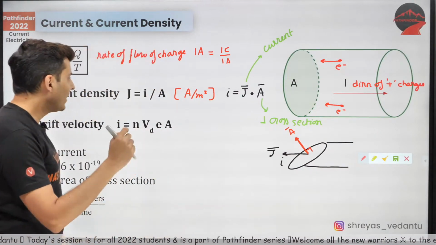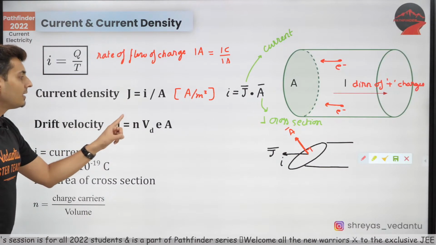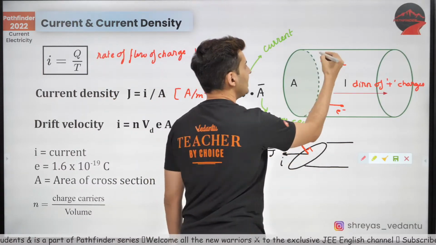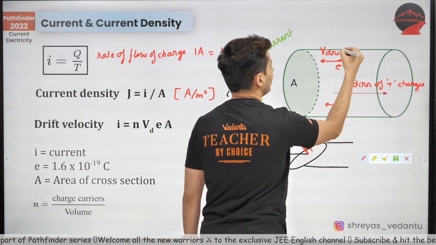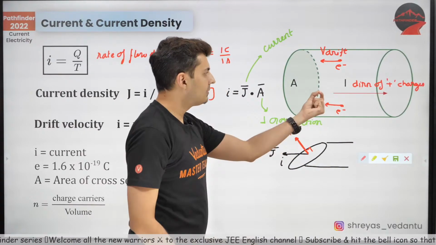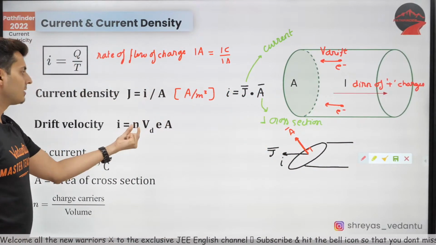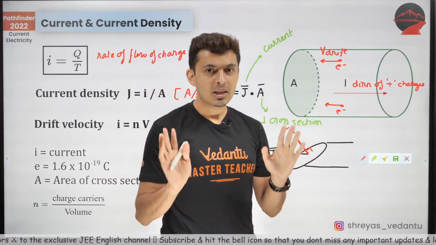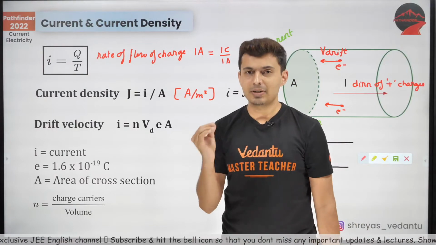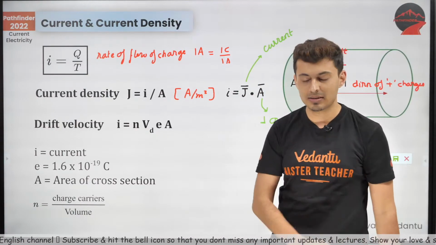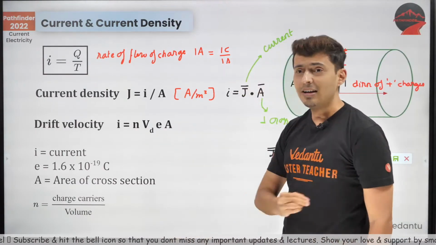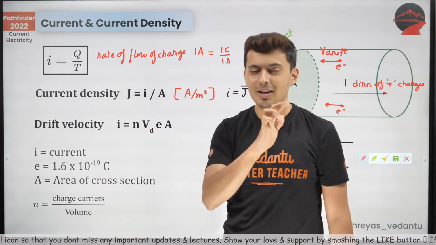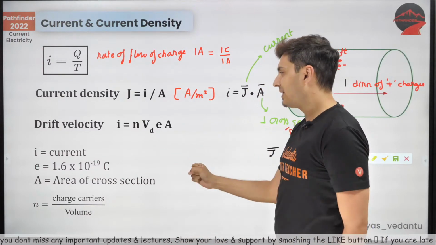Okay. Now, once this is understood, understand the electrons do not move with very large speed, they move with a small speed. That speed is called the drift velocity, the speed with which the electrons move in a conductor. There is a very simple formula to remember it. Remember NVIDIA, and I keep telling this again and again to my lovely students. NVIDIA is a graphics card company. So current is NVIDIA. If you remember that in a mnemonic way, it's very, very easy.